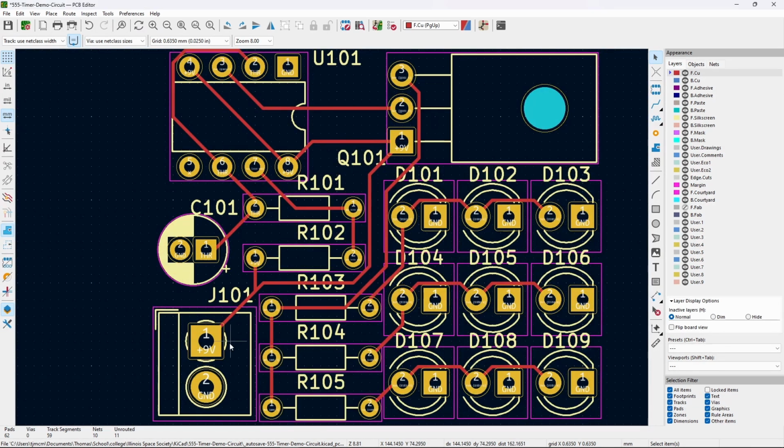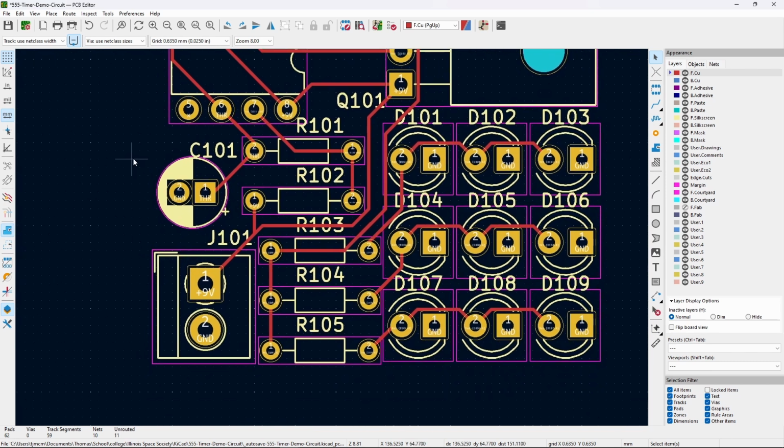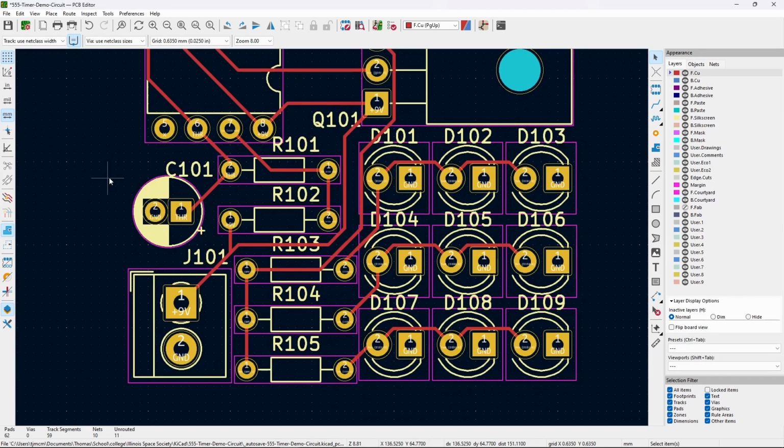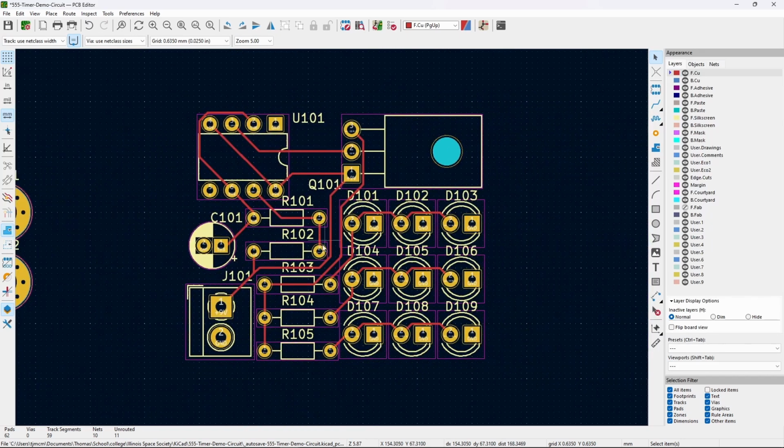So now the last thing that we have is ground. And what we can do for that is, it might be kind of a hassle to make all these different connections. Ground is something we are using on the vast majority of these. So what we can do instead is to add a filled zone using this button here. And so what this will do is essentially make it so I'm just going to draw this box right. Oh, we're going to start